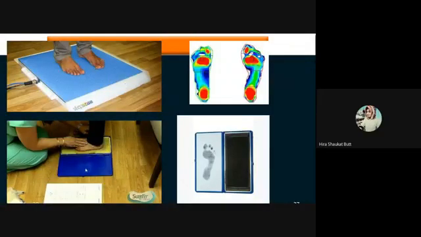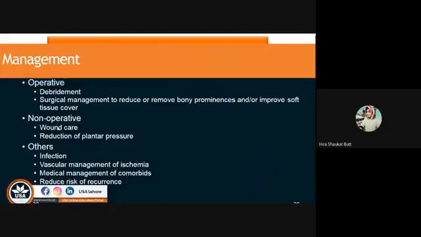All right. So this is how the Harris mat and the computer technique can be used. Okay. This is how you can go here, like this. All right. So this is how you can measure. You can assess the plantar foot pressure distribution. Okay, one of the most important things which must be done regularly whenever needed, but on